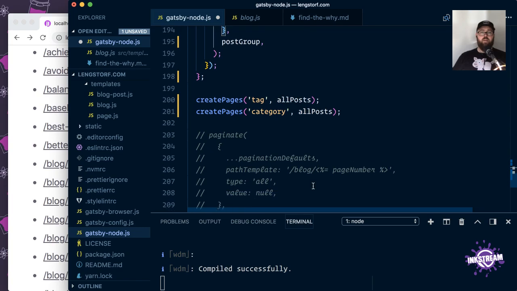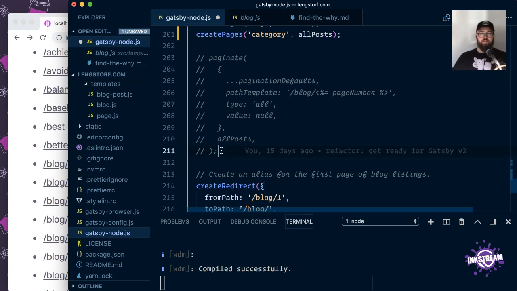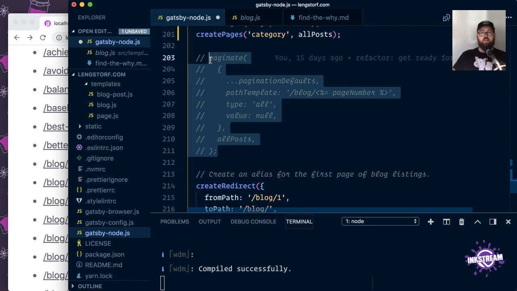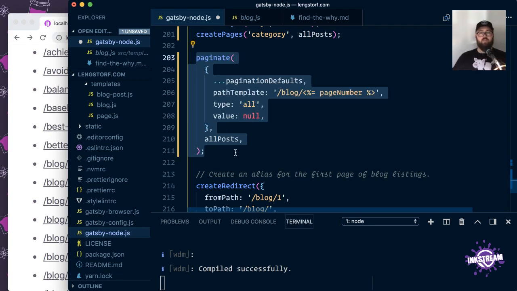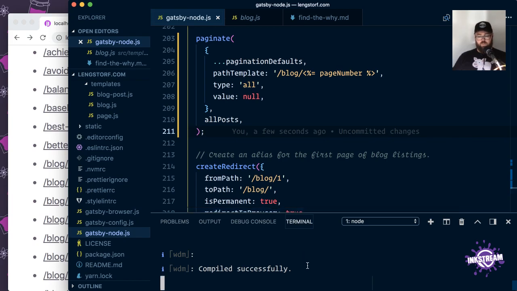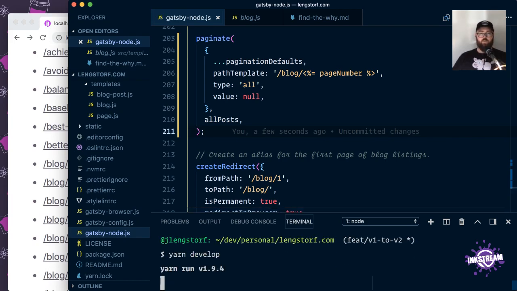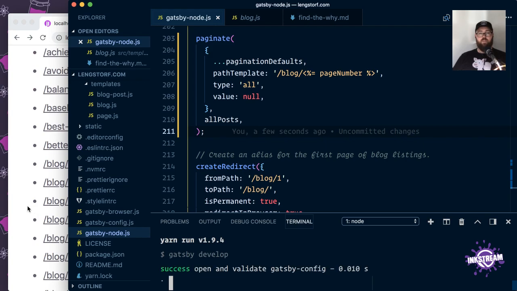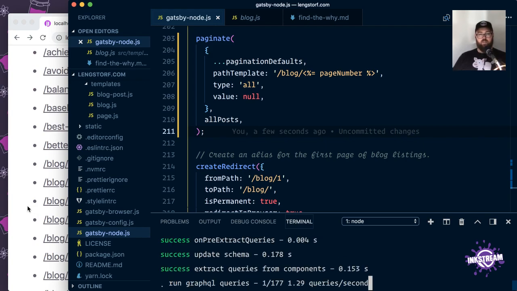So then the last thing that we need to do is just paginate here. And with this one, we just run it like that. And what this should do is give us actual blog pages, which should mean that this 404 page will go away and we'll get a blank page. And the blank that we'll get will be because we haven't set up the